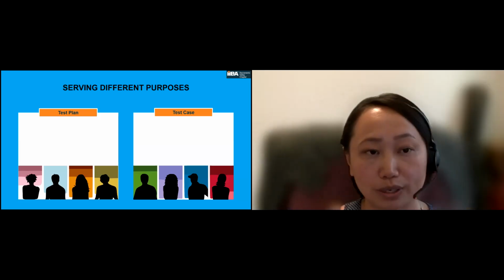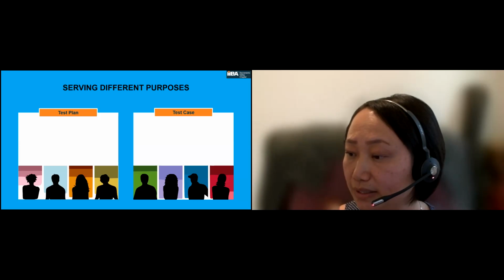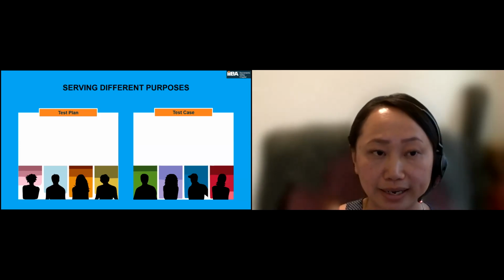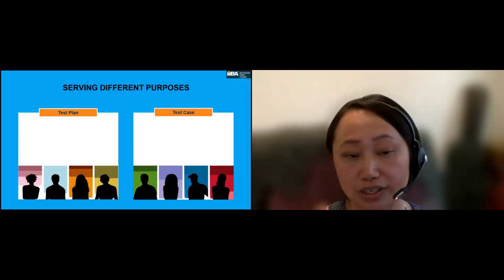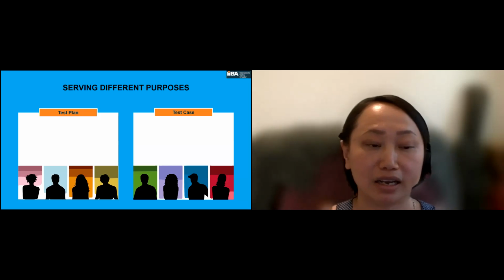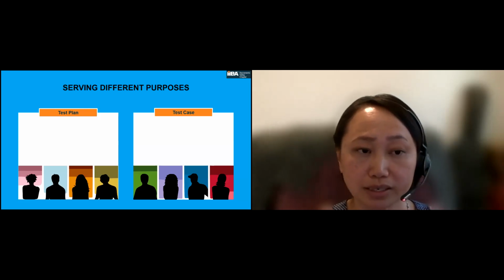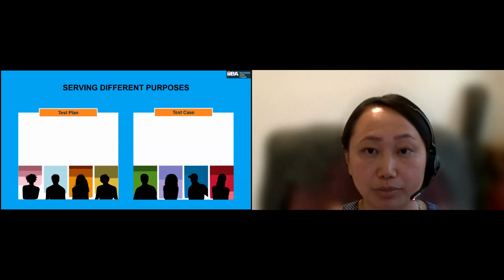All right, so test plan versus test cases. The bulk of you guys did ask for test planning. And so again, like I said, they both do serve a different purpose. I know sometimes they're used interchangeably, but there is a distinct difference between the two. And the main difference is the audience. Typically with the test plan, the audience is leadership and above.